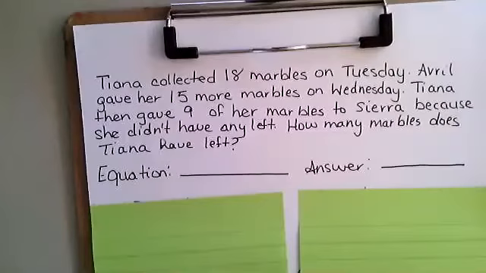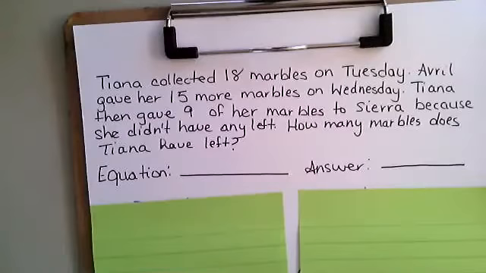Jacob, what did you start with? What I started with is that I put 18 in a bubble, and then I put 15 more, and then I took off 9. Why'd you do that? Because I know that, because we know that